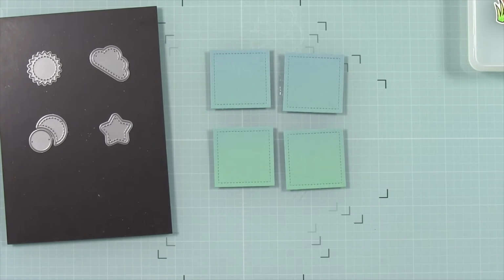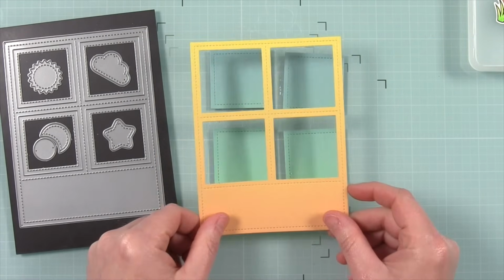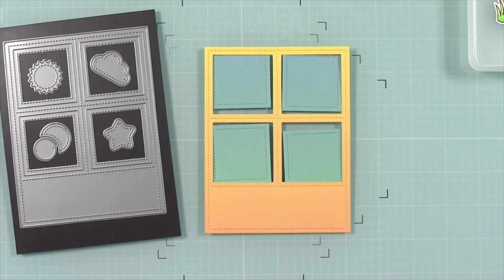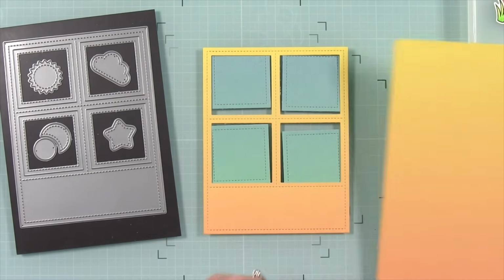see between those squares we have a blue up top and a green at the bottom. Then I've pulled out Sunrise Skies, which is this beautiful yellow to orange. And depending on where you cut your backdrop from the paper, you'll get a different look. I went for the more yellow to orange, but if you did the bottom, you would get a more orange